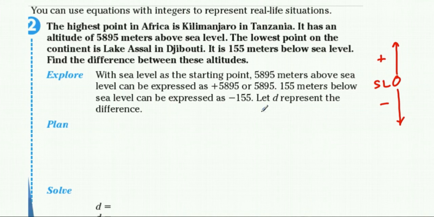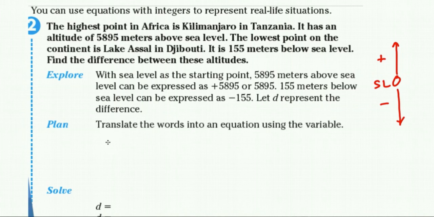Important in a word problem is that we define the variable. In this case, we let D represent the difference. That's what we are trying to find out. In solving this problem, we plan it first, translate the words into an equation using the variable. So the difference D is, which is translated as an equal sign, and then